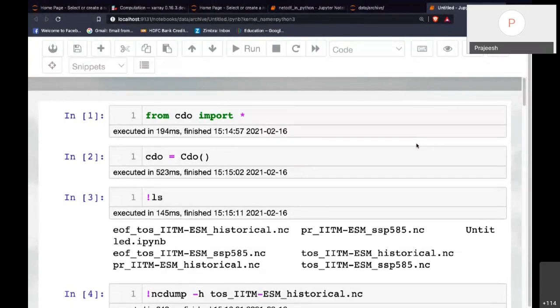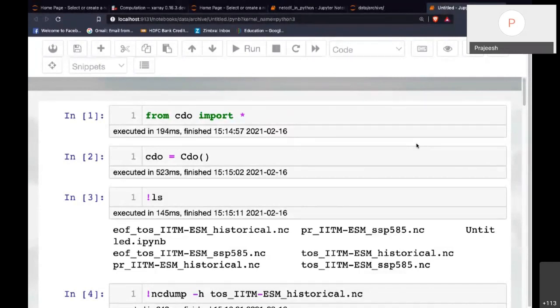Basically, you have to read the data, and for reading the data you can use these tools, Xarray and CDO, and then you have to find how to do the wavelet analysis. I don't know where it is, but I'm sure some packages must be available for wavelet analysis.